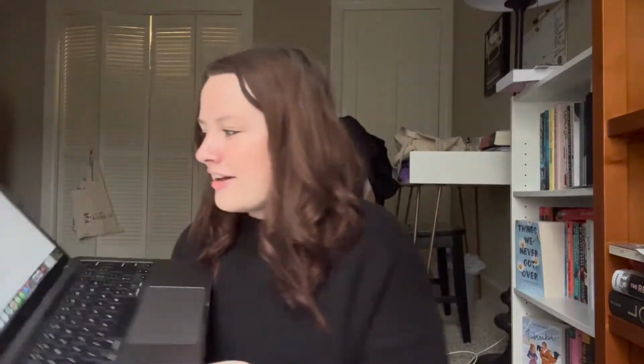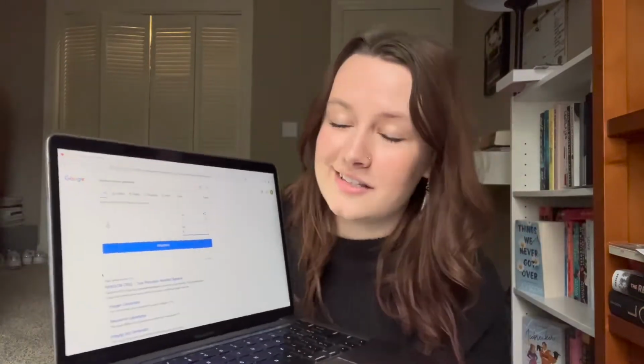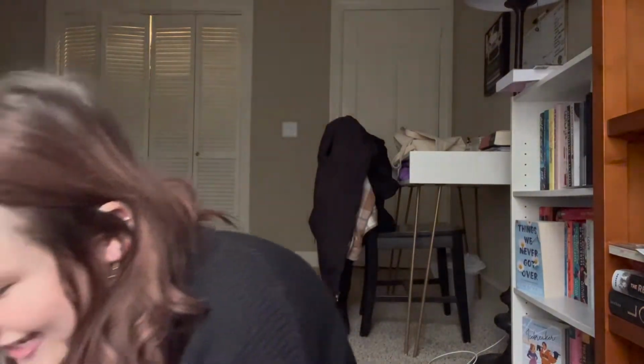And I have my number generator ready. 1, 2, 3, 4, 5, 6, 7. Okay, just needed to confirm that my numbers were right. So, dun dun dun dun. I'm kind of scared. I've got my random number generator pulled up. I don't know if y'all can see that very well. Okay. Oh gosh, let's see if I can do this. 7. Okay, cool. So the book that I'll be reading for this reading vlog is Promises and Pomegranates